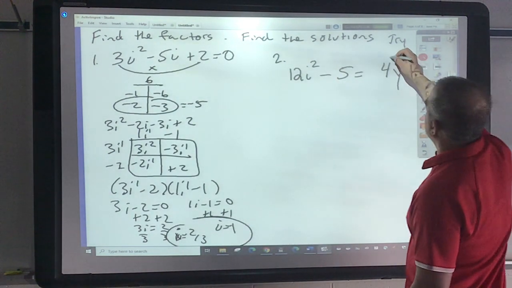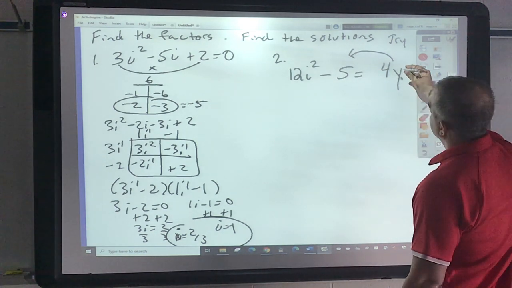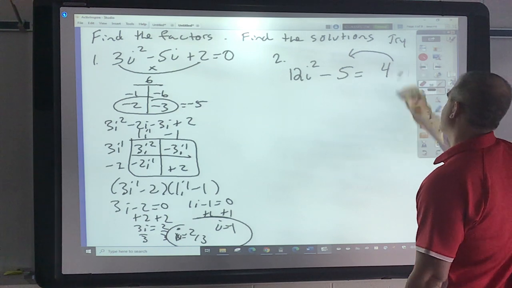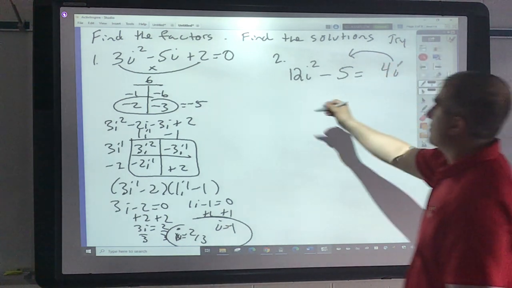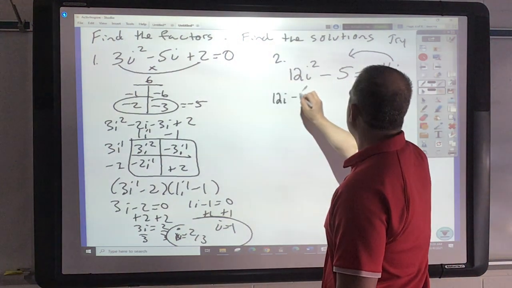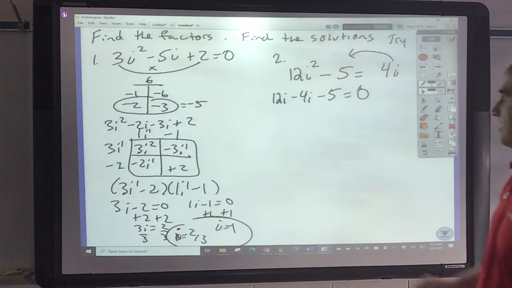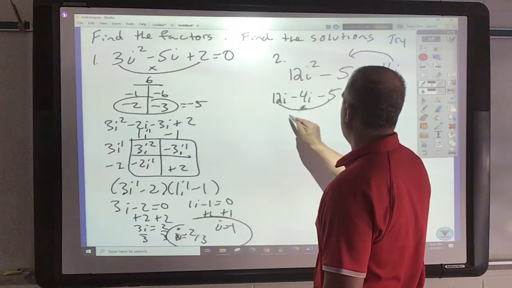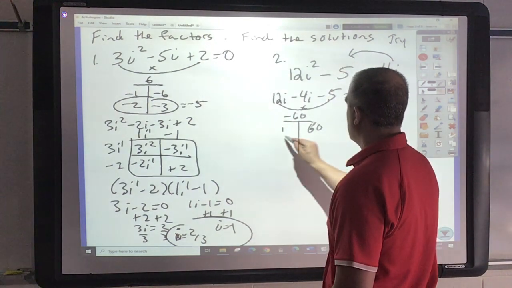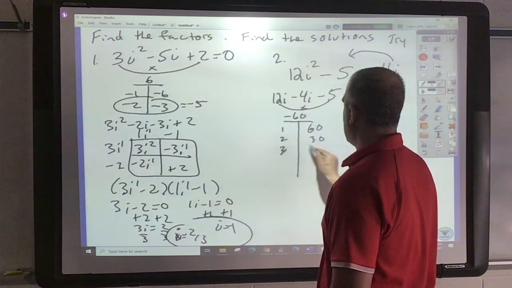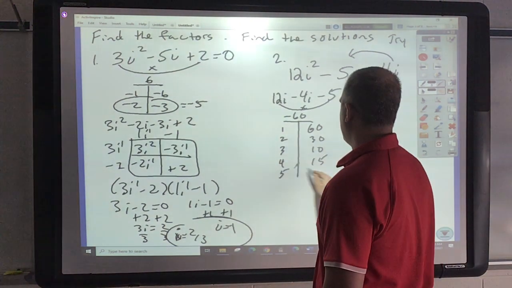All right, so on this one, I want to move this back over. If that is 4i on this side, it changes sign. Sorry, not the best of videos here. So I got 12i squared minus 4i minus 5 equaling 0. Okay, so then what I want to do, multiply, that's going to give me negative 60. Okay, factors of 60 are 1 and 60, 2 and 30, 3 and 10, 4 and 15, 5 and 12,